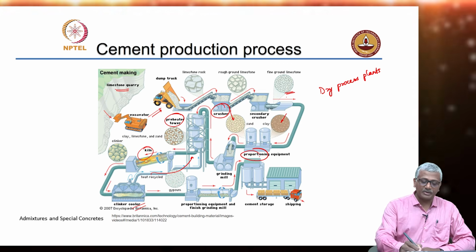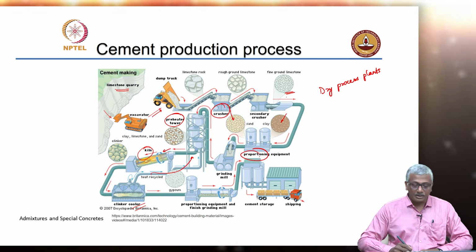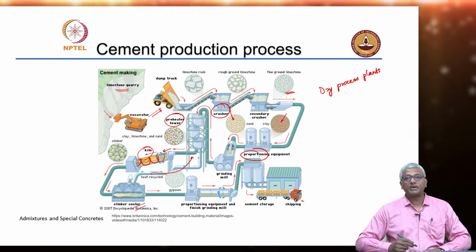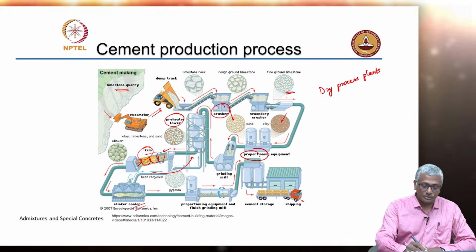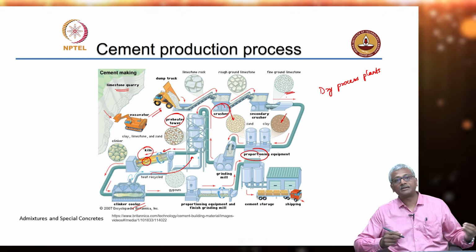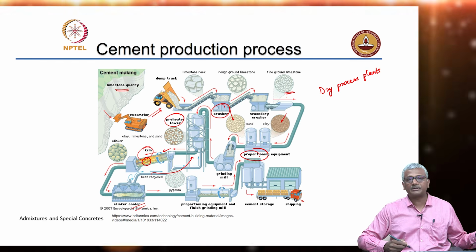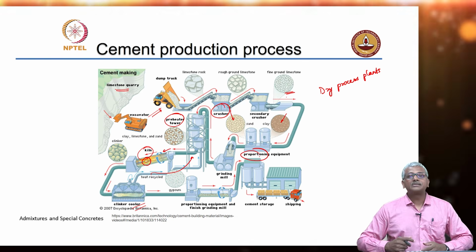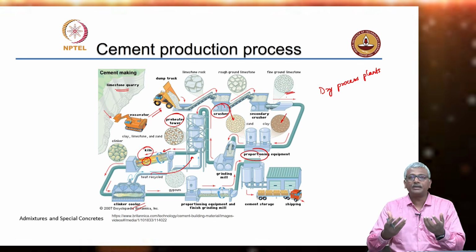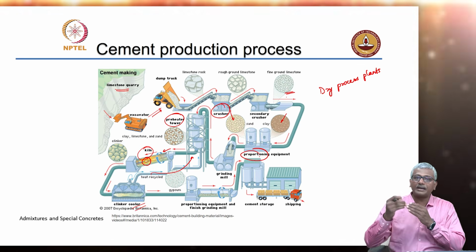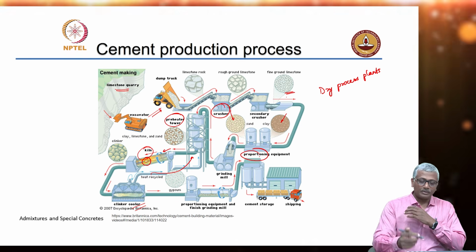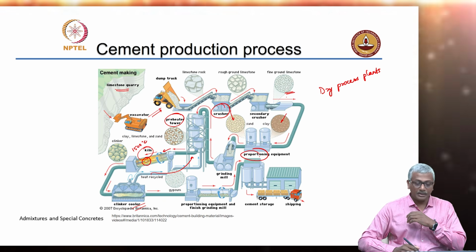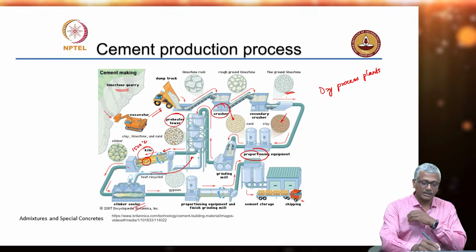Now, in the kiln itself, the material is fed on one end and basically just rotates along the cylinder and comes down by gravity to the other side. You have the source of fuel on this side, and basically the temperatures are going to be highest at that end of the kiln and reduce as we go along to the top. That means the cement raw feed that comes inside the kiln has the lowest temperature at the entry point and highest temperature at the exit point. Now, the highest temperature can go as high as 1500 degrees Celsius. Okay. And then the material that comes out of the kiln, that is clinker,